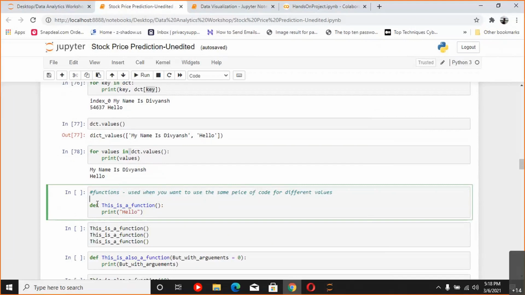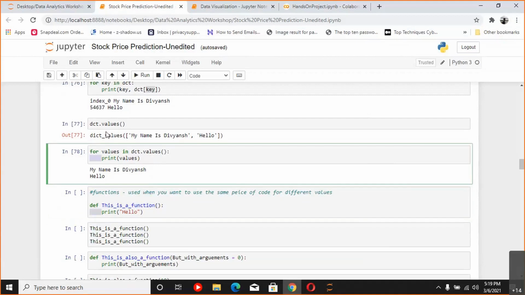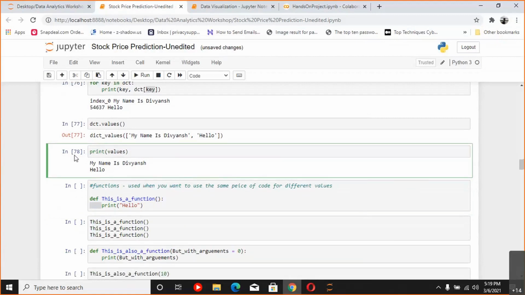I've defined a function. You can see the basic structure: def, and this is a function name. Def means define. Then you give a function name, and the round braces indicate that this is a function. So basically, we are saying define a function named this is a function. And then the most important thing in Python is indentation. This indentation inside loops and everything is important. It is not for show, because if you don't do this, the program won't know what is inside the loop and what is outside the loop.